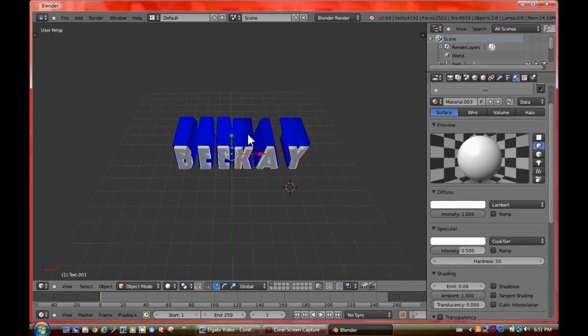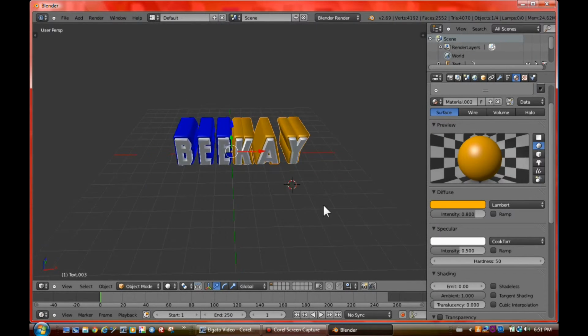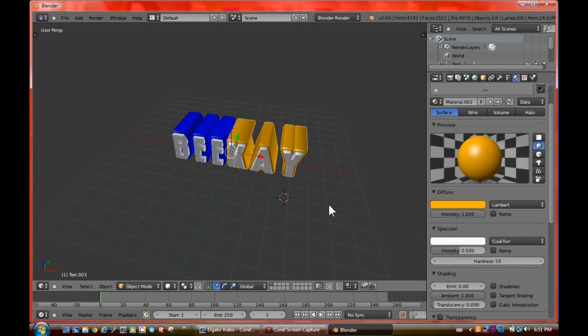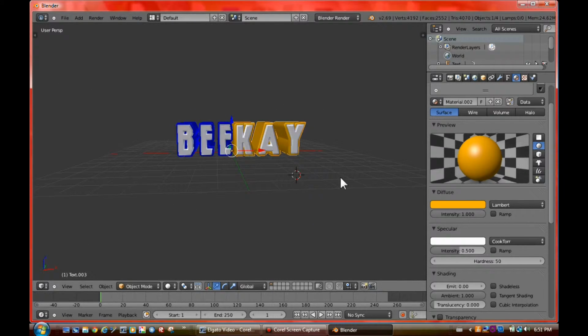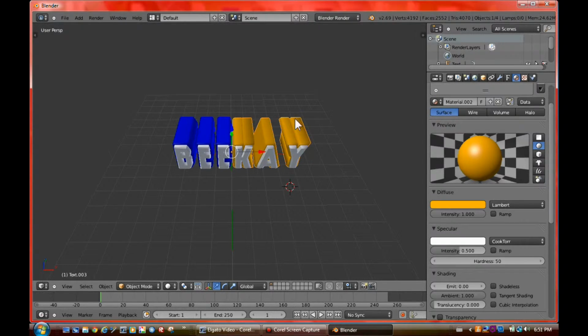So instead of blue, my friend that I'm making this for, he's a humongo fan of orange and blue. So I'm gonna put orange and blue here, and just turn the intensity up. So that's what it looks like. And now that you can definitely tell that this is BK, what you want to do is